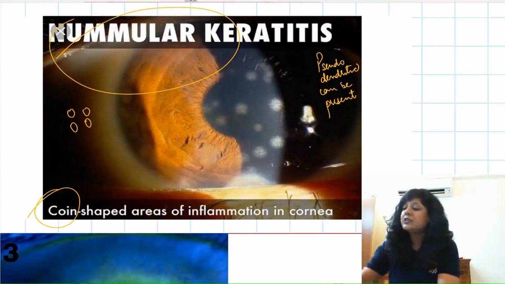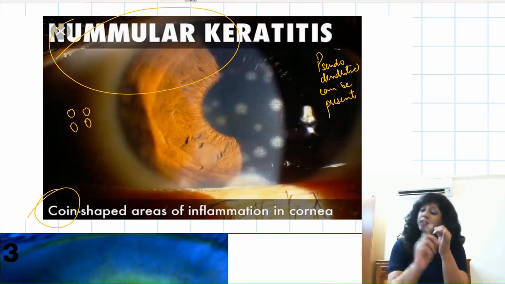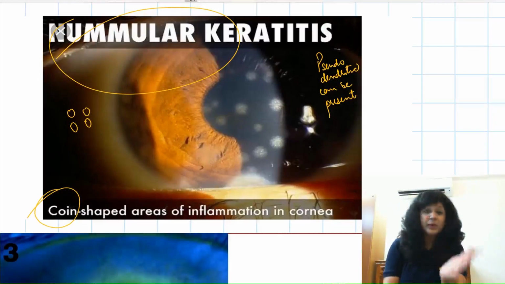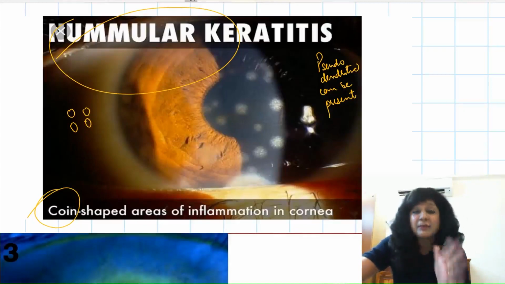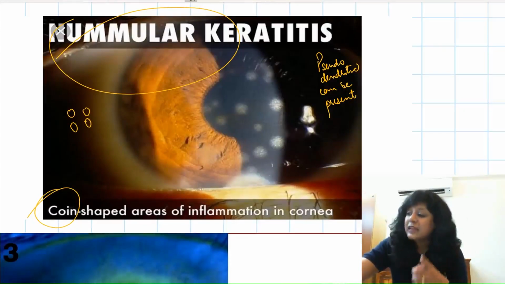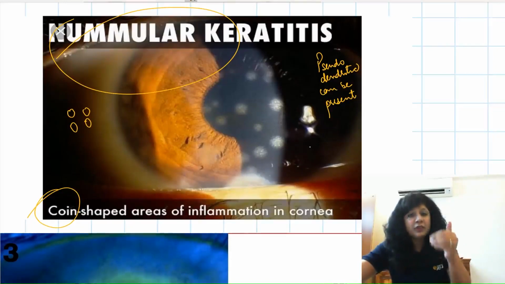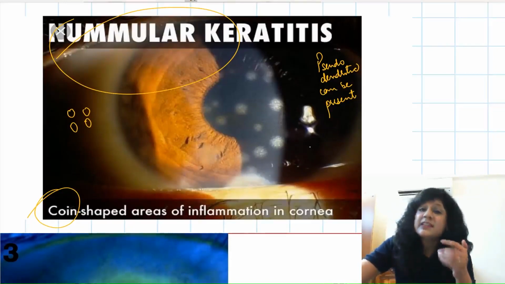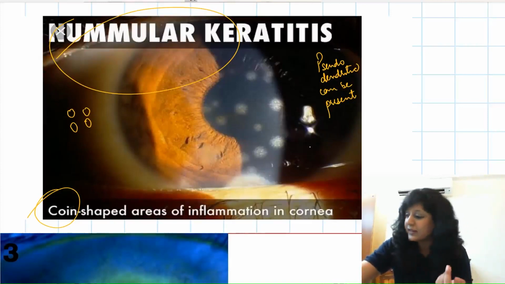Then I have given you a list also of the other things that you can get here. We have nummular keratitis, stromal keratitis, interstitial keratitis, disciform keratitis. You can add pseudodendritic pattern, plus minus can be present, but I have specifically mentioned that sclerokeratitis is least common. That does not mean that it will not show sclerokeratitis. It can show, but if they are giving you 4 patterns, then which one is least likely to occur? That is sclerokeratitis, and that was a question also in which you people were getting confused.